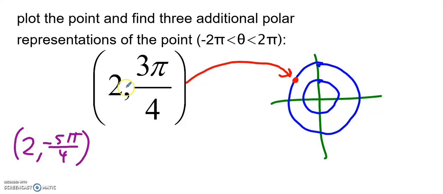So now the 2 is what I'm going to do second. What I mean by that is in terms of plotting these, find the angle first and then go this distance out in the direction of the angle. So I would go out positive 2. Well, I can also represent this with a negative 2 by doing negative 2 comma